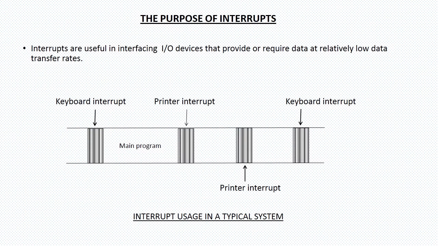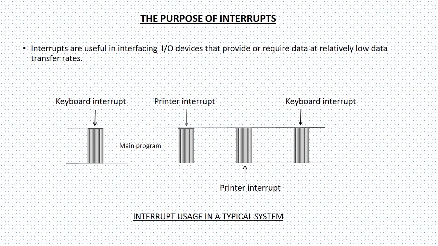Now we're going to talk about the basic interrupt processing, in which we are going to discuss the function of an interrupt in a microprocessor based system and the structure and features of interrupts available to the Intel family of microprocessors. It's kind of big, huh? Interrupts are particularly useful when interfacing input-output devices that provide or require data at relatively low data transfer rates. Now, interrupt processing is really important as it handles the microprocessor so that it does not sit idle,